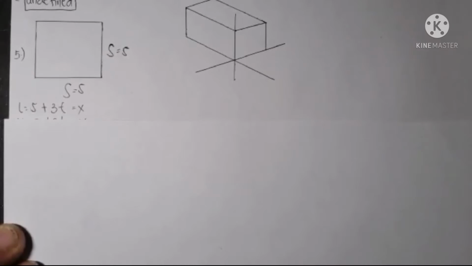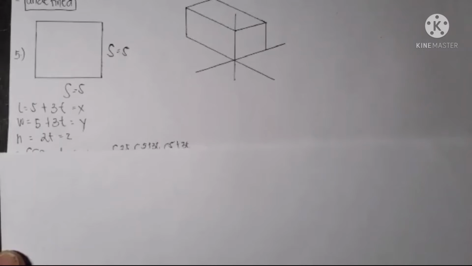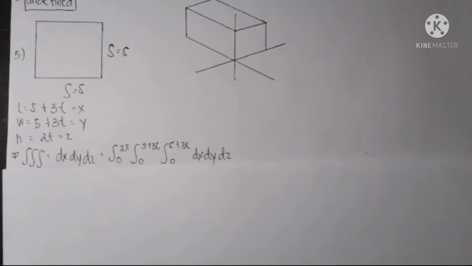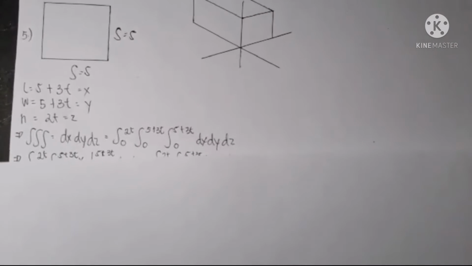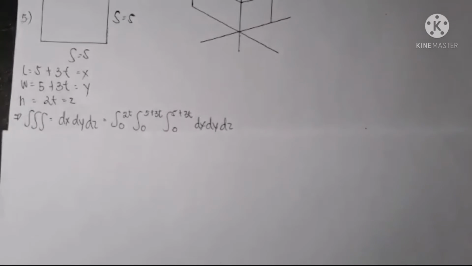Length is equal to 5 plus 3t is equal to x. Width is equal to 5 plus 3t is equal to y. Then h is equal to 2t is equal to z. So, the integral of dy dx dz is equal to the integral of